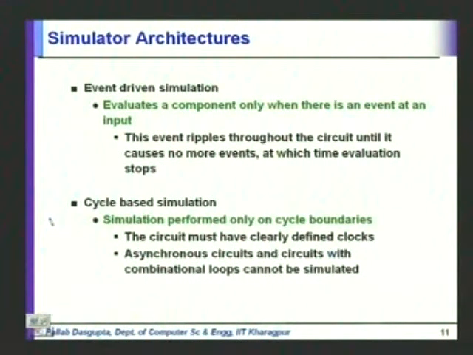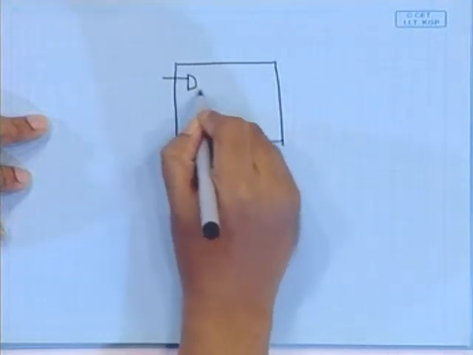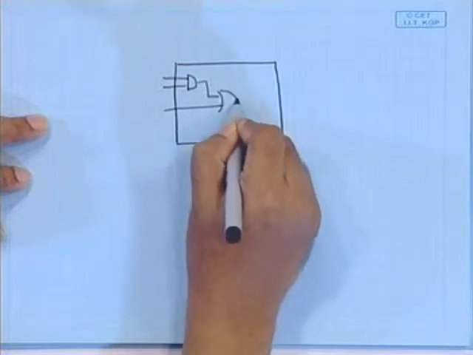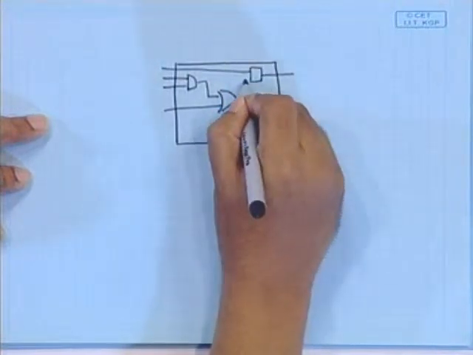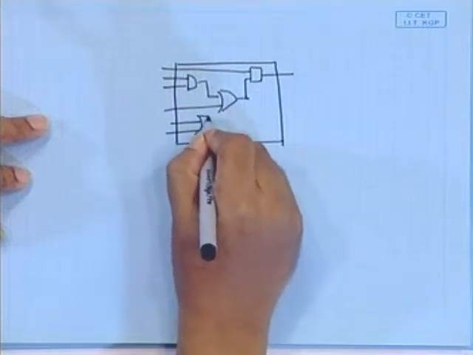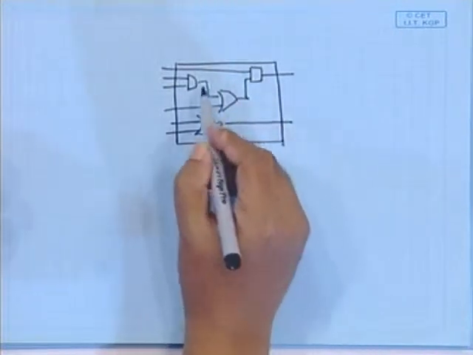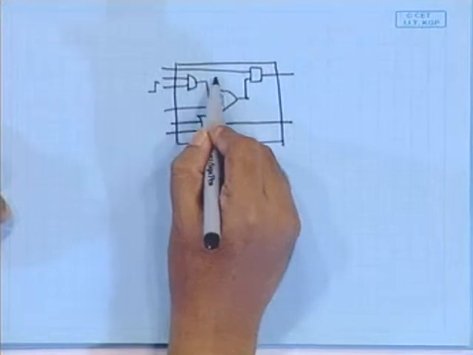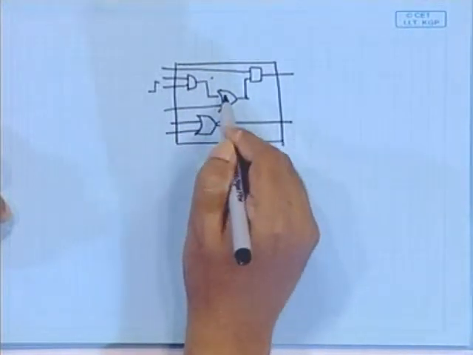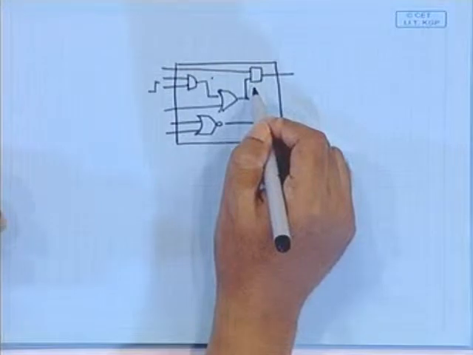So, just to recapitulate, the main difference between these two is this. Given a combinational circuit, you can have many gates in that circuit, and what the event driven simulation does is that whenever there is a change in the input of any of these gates, we only simulate those parts of the logic which are affected by that. So, suppose there is an input change in one of the gates, then we just propagate it along the output of that gate and see what are the fan outs of that gate, and then again take those gates, schedule events on them, and we continue in this way until the circuit reaches